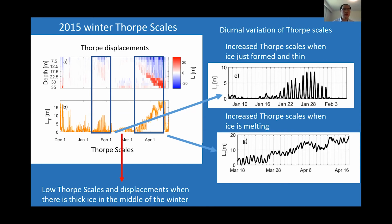If I just take the root mean square of the Thorpe displacement calculation, I just get that plot. And we can see that there's essentially 2 periods with elevated Thorpe scales. The first period is before February 1st, and that's when the ice cover hasn't become thick enough, or there isn't snow cover on top of the ice,